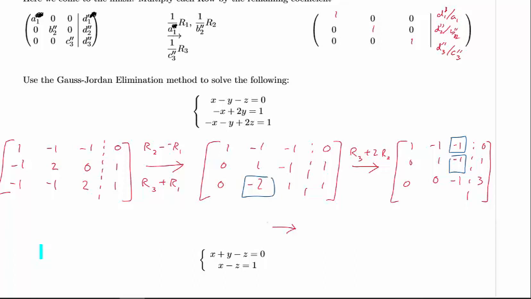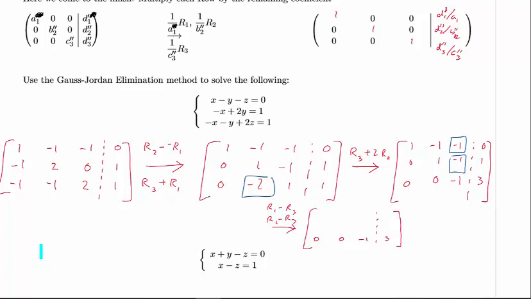R2 minus R3, and then R1 minus R3, which will get the following. Of course, the last row stays the same,